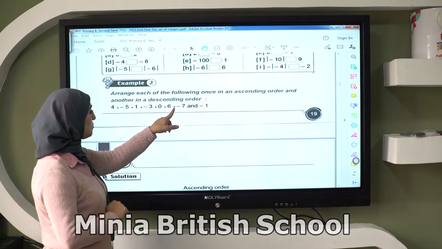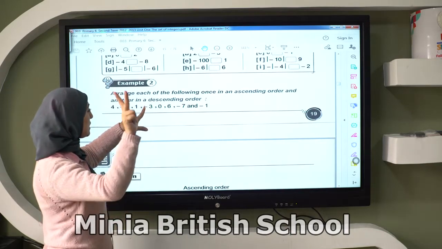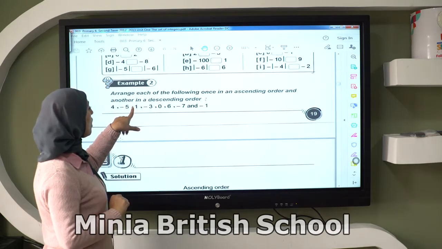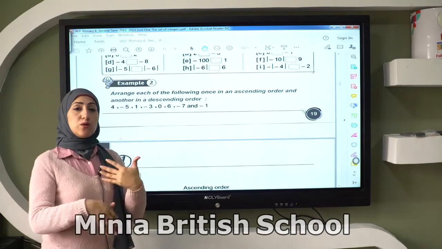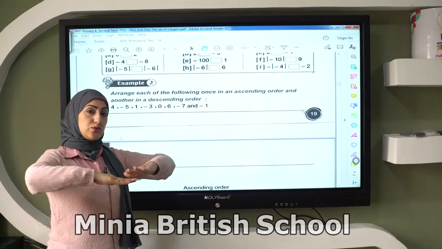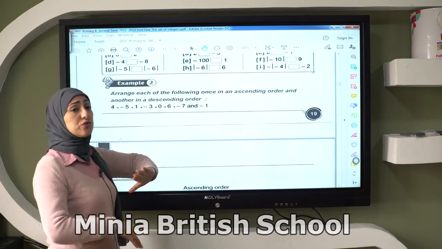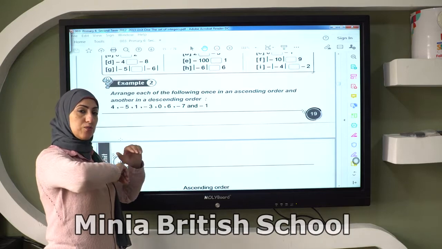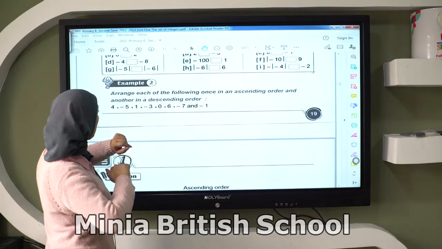So the first integer will be negative 7. Then negative 5. Then negative 3. Negative 1. Then 0. 1. 4, and 6. If I want to arrange them descendingly, meaning from the greatest to the smallest, I have to make the opposite. I'm looking for the greatest number, which is 6. I'll put them in the opposite order of the ascending, so it will be 6, 4,